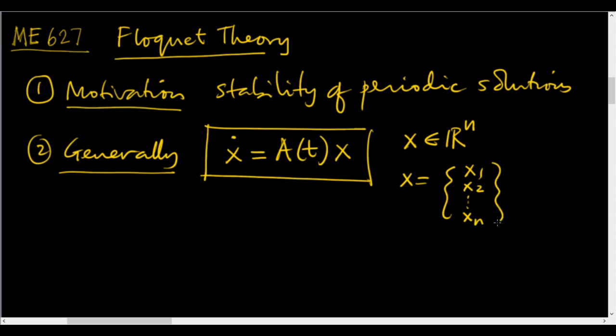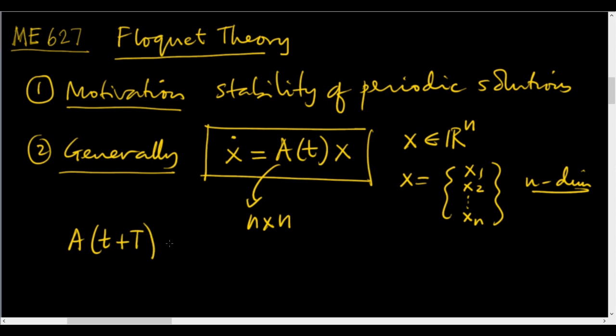It's n dimensional. A is n by n. A of t plus capital T is equal to A of t for all t and some T greater than 0. That means A is